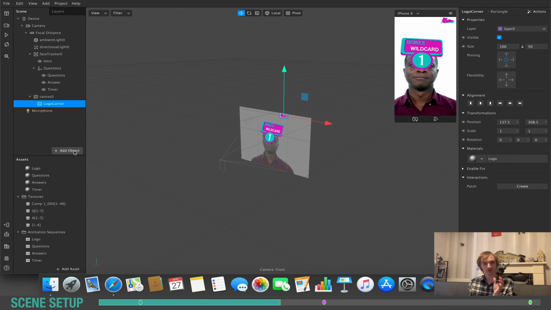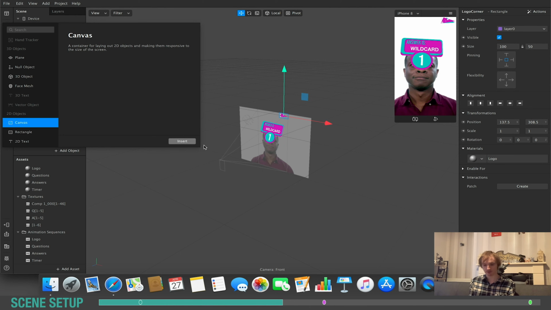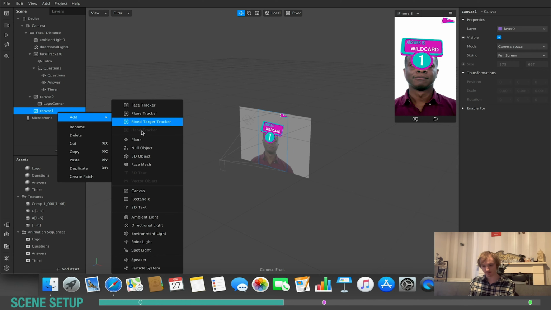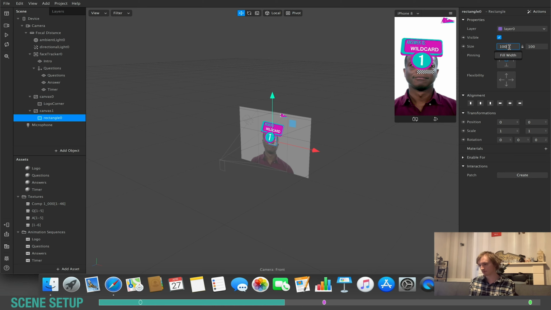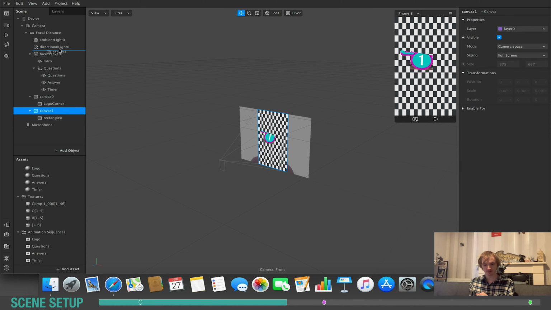One more thing I'm going to do is if I wanted that kind of glow outline around the user, so I have this pink and bluish outline tinge. And the way I did that is I created another canvas, and I right clicked and added a rectangle. I made this rectangle fill the width and the height of my scene. I drag this canvas to be above my face tracker in the hierarchy,